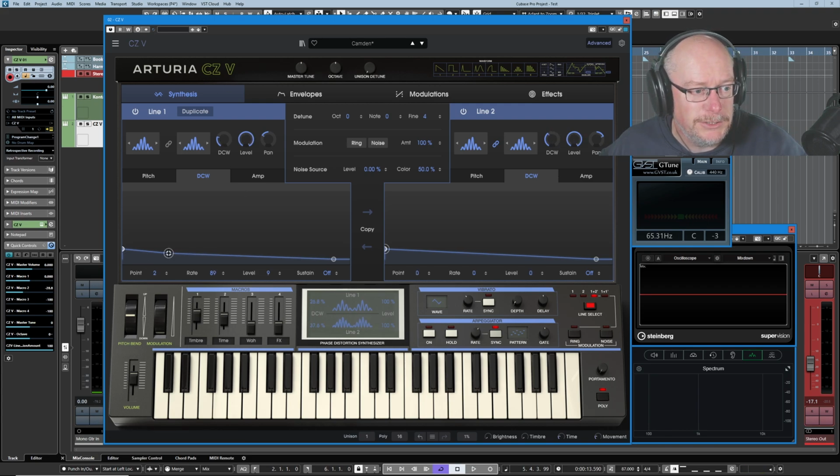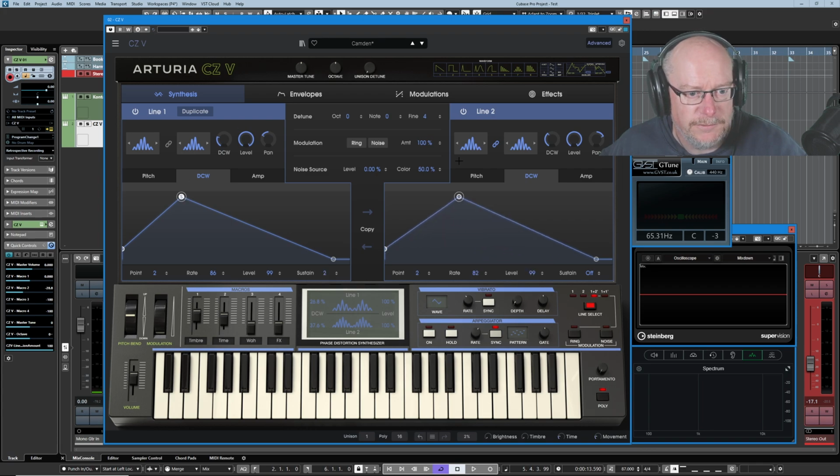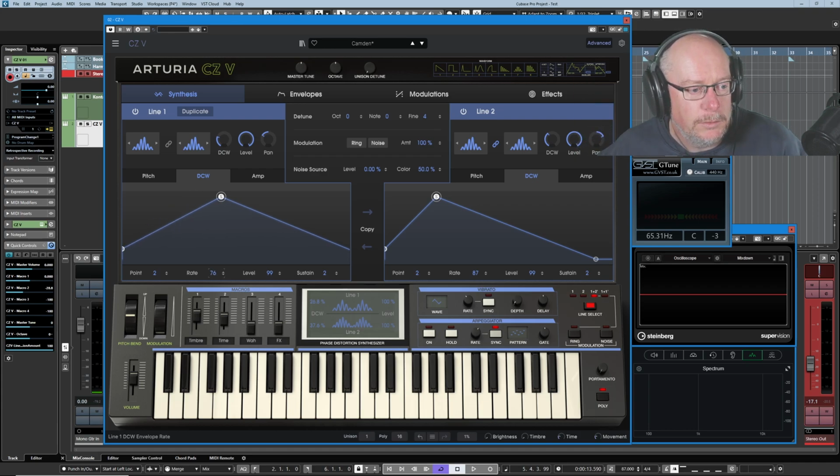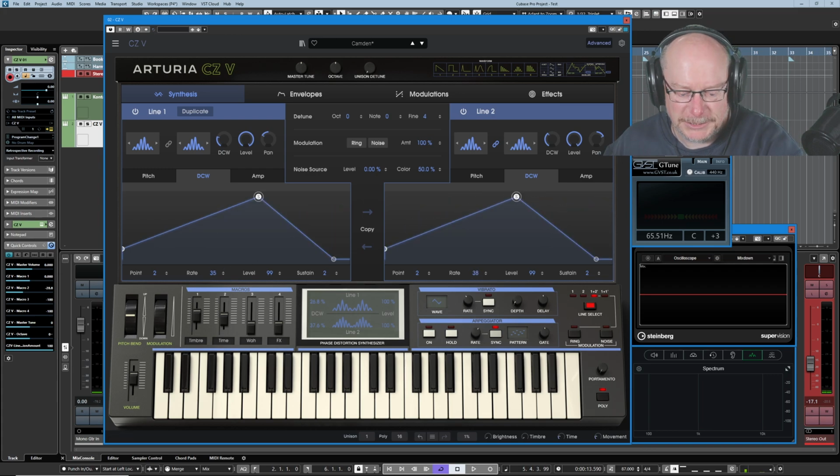The final thing to do is to dial in some sustain curve on our DCW envelopes. Don't worry about the fact that rate is now a number. If you were sharp-eyed, you would have noticed in the past episode it was measuring time. That's to do with our envelope type and is a conversation for a different day. What I am going to do is get them down into the 30s because that gives me a nice decent sweep. And that's going to give us